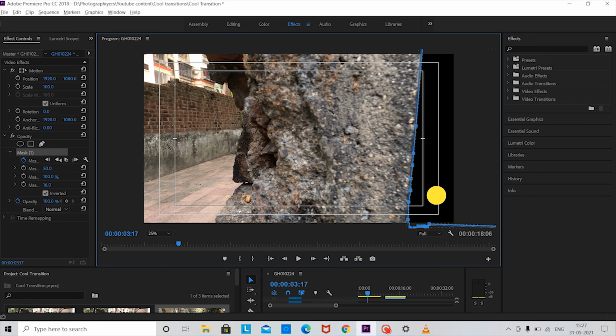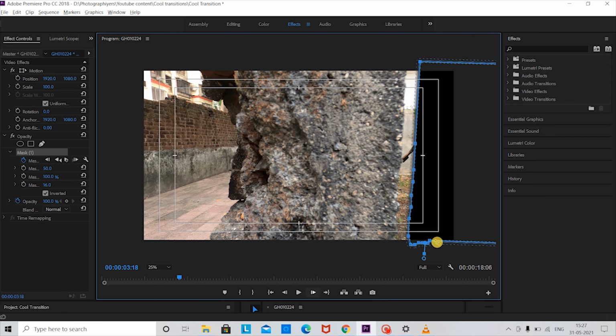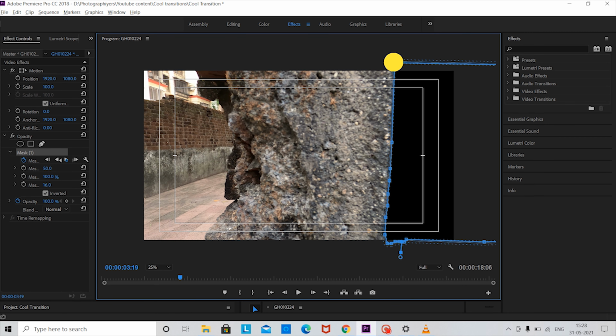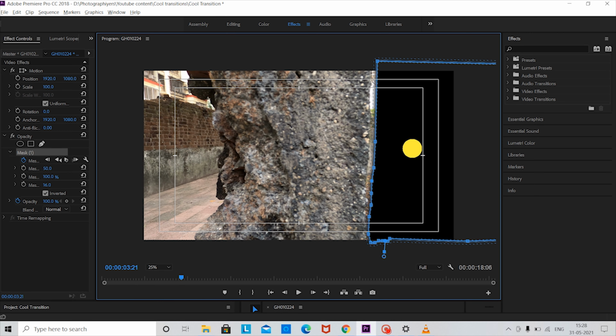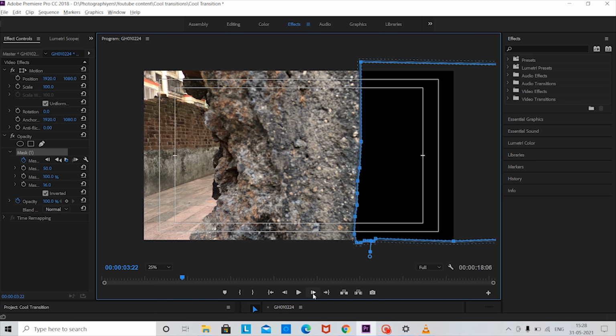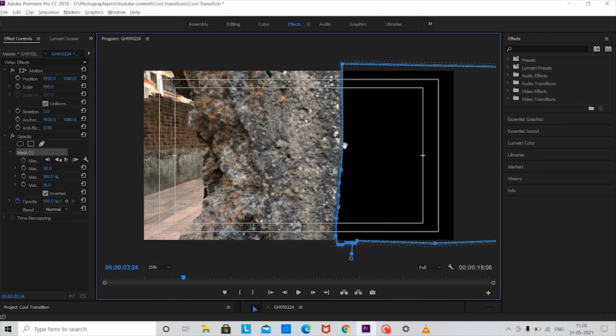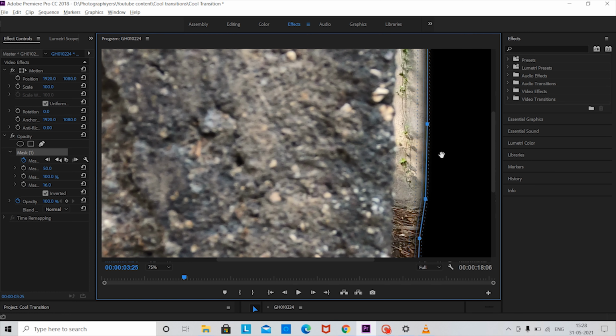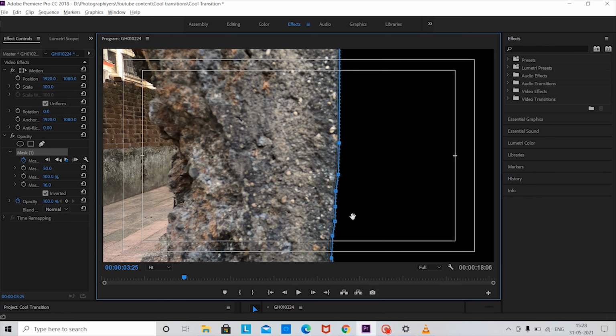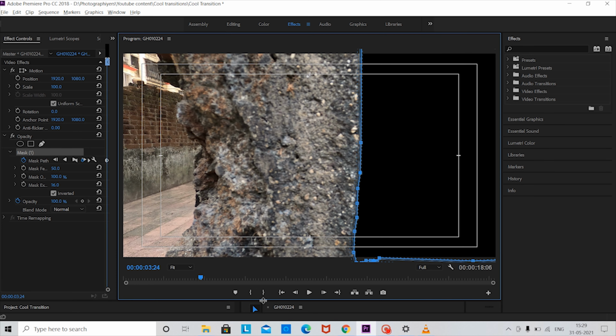So this entire process continues. You can shift the shape and then make some minor adjustments if required. You can also pull the mask back and see if it's properly aligned. This process will continue, so we'll just go directly to that part where we are done with the masking process.